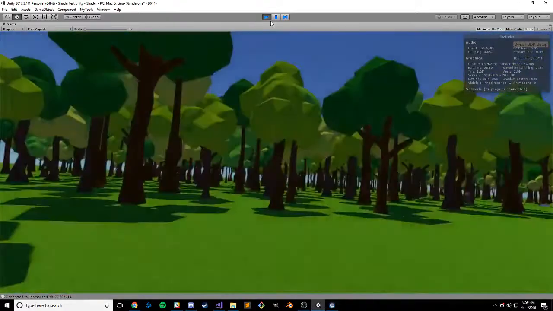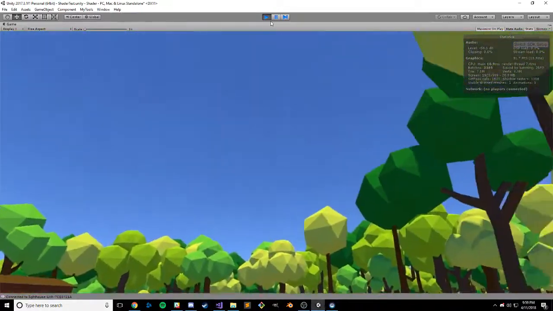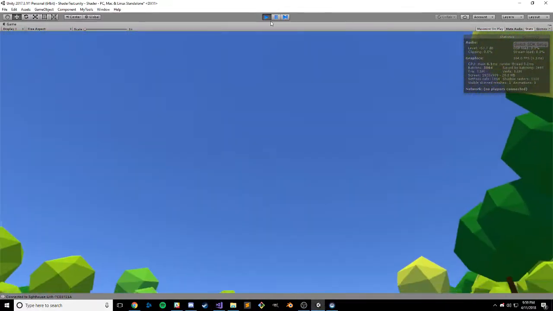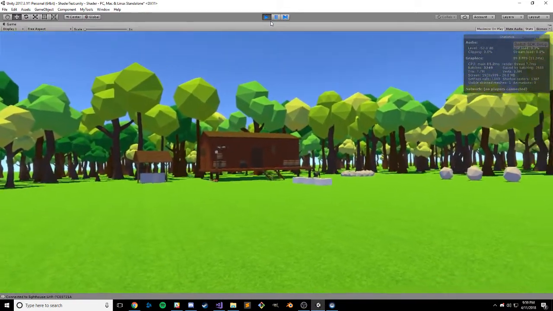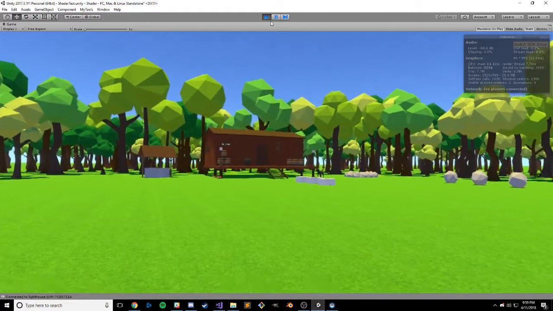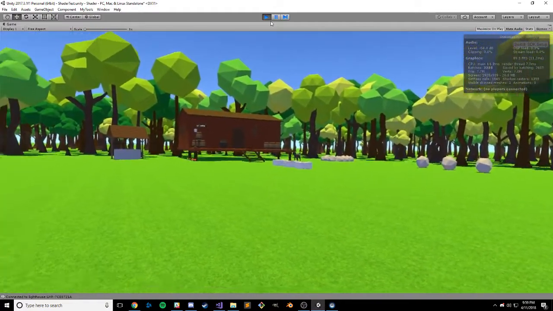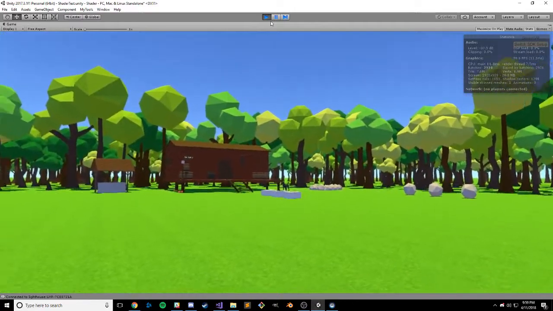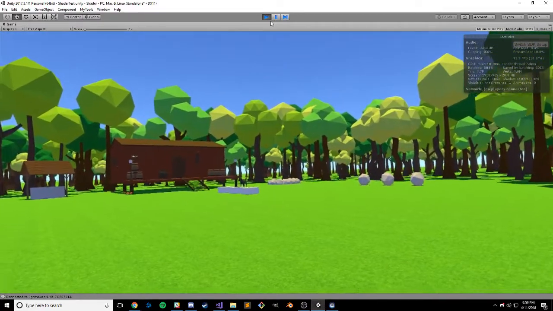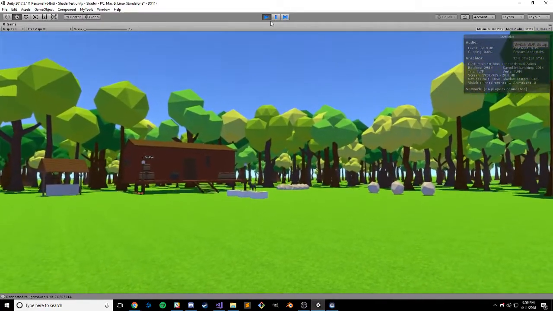The only post-processing that I'm doing in this scene is a little bit of bloom, just because I think it makes the sun look pretty nice, especially when it gets close to the horizon down there. I'm not sure exactly why, but there's a lot of flickering going on with the bloom. I'm not sure if that's just VR or if the Unity built-in bloom and post-processing is inadequate. I really don't know, but